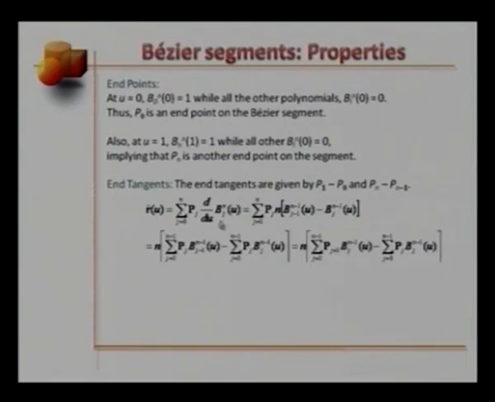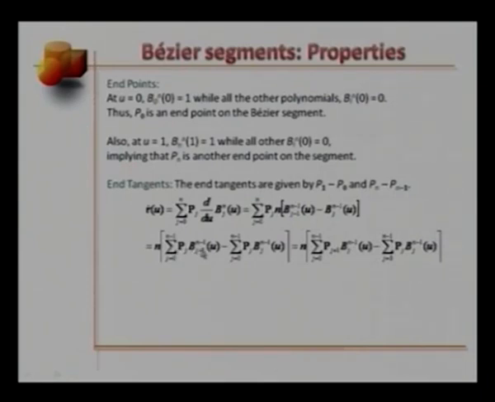We can bring in this summation sign inside. Once we do that, this expression here is equal to n times summation j going from 0 to n minus 1